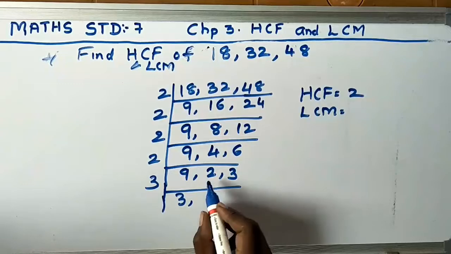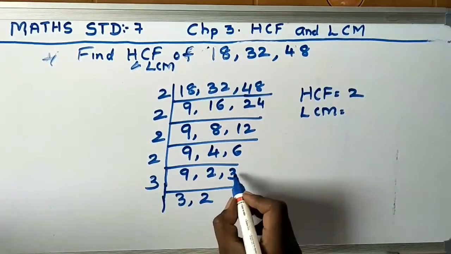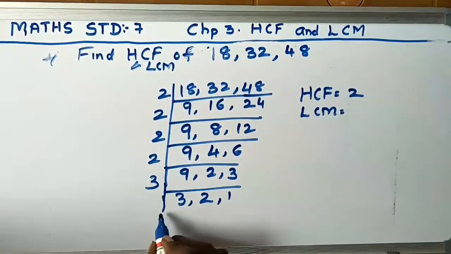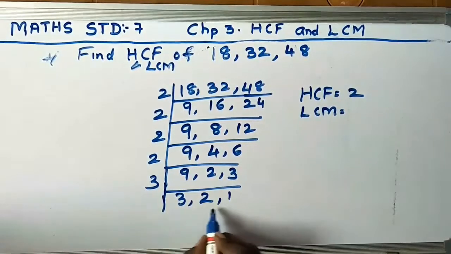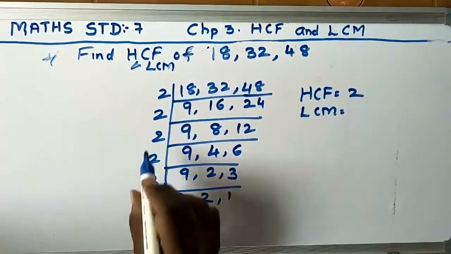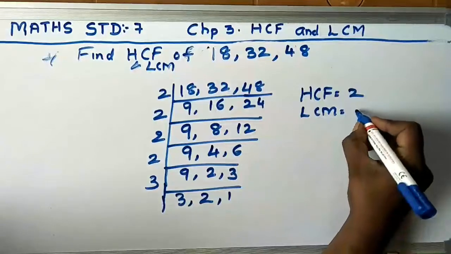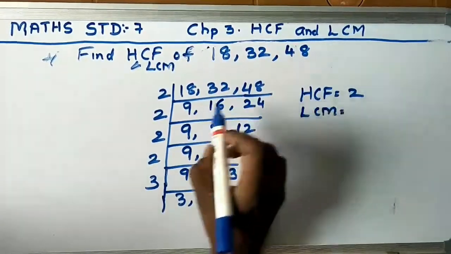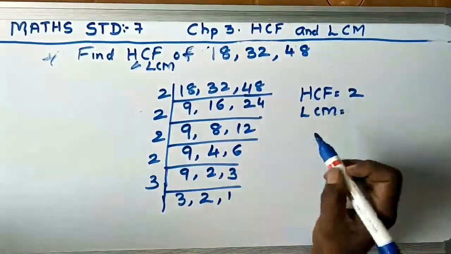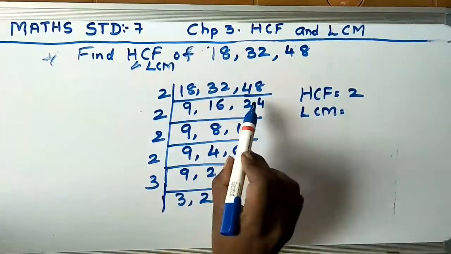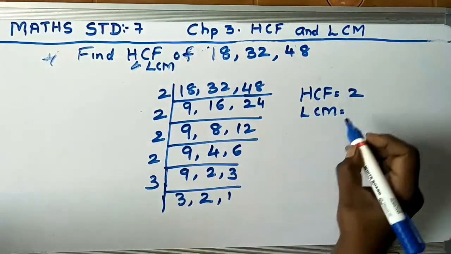What do you have to do? You have to write it as it is. And 3 ones are 3. Is there any common now? No, there is no common now. So our remaining numbers give the LCM. HCF is very easy. You have to find only the common in all the 3. But for LCM, you have to find common in 3, and common in any 2 also.